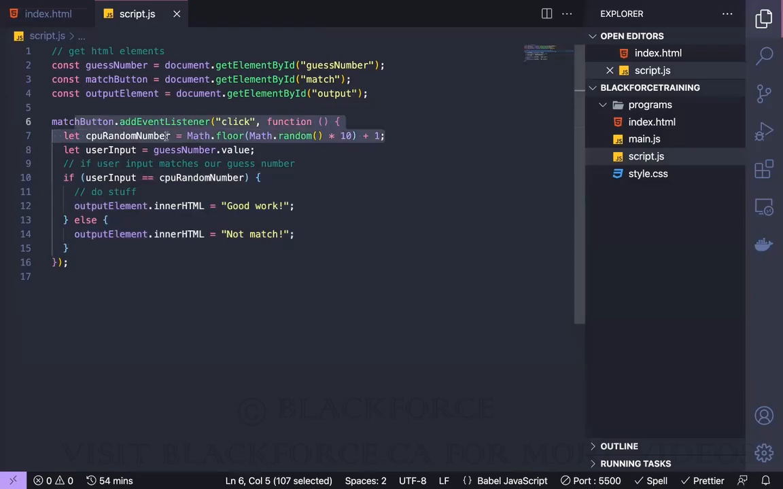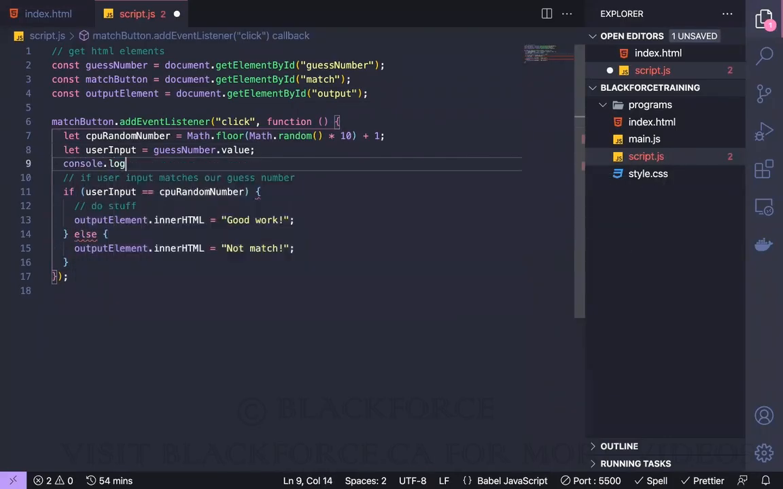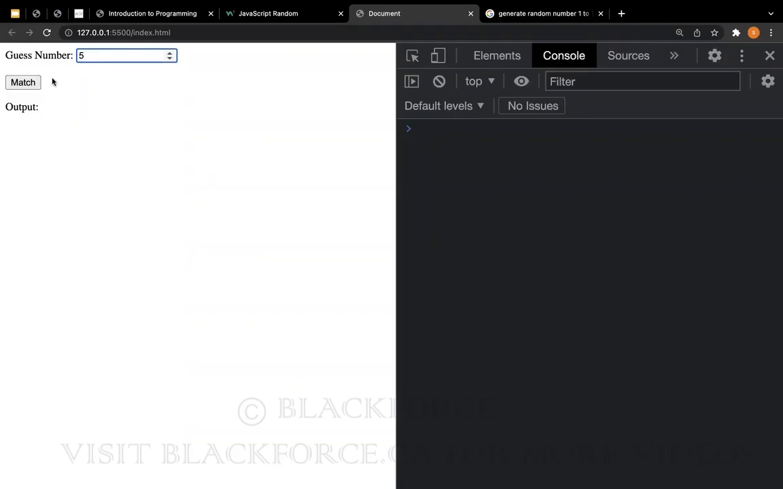Okay, so let's do something, right? Let's be seeing what the computer gets. So we'll actually test our game, right? So console log CPU random number. So right now, I'm going to see what the computer gets, and I'm actually going to see mine. So if I put in 5 and click on match, so the computer gets is 1, not match. If I put in 2 and click on match, computer gets is 5, not match. So it's going to be a little bit difficult for me to actually get the guess, but again, we get